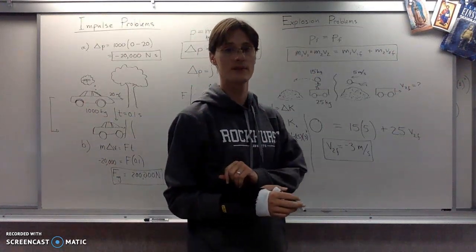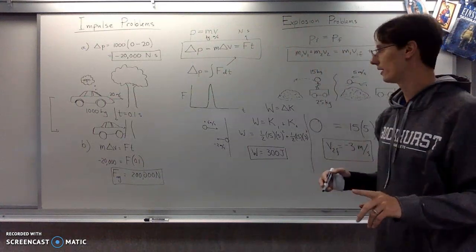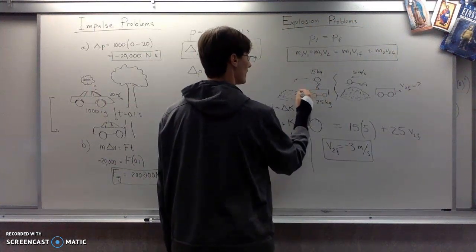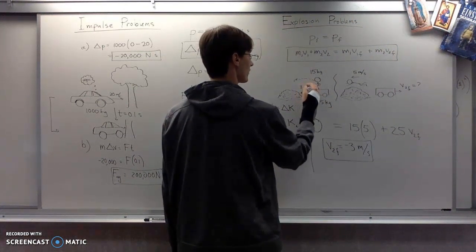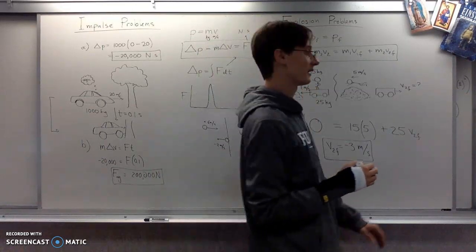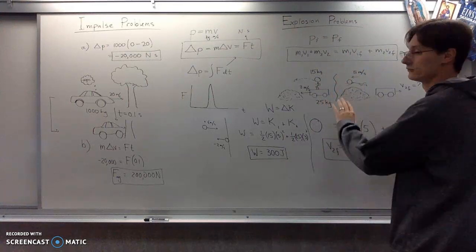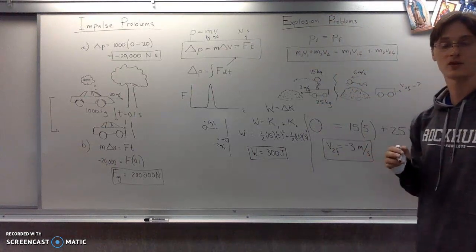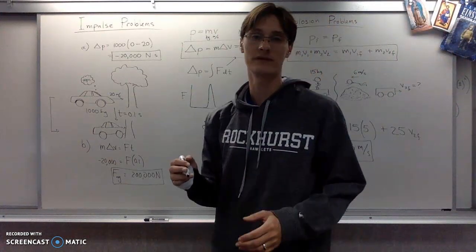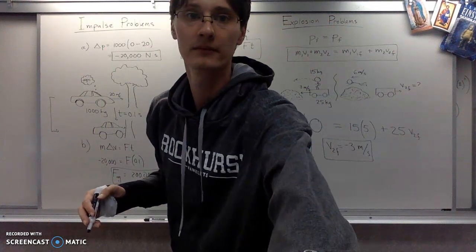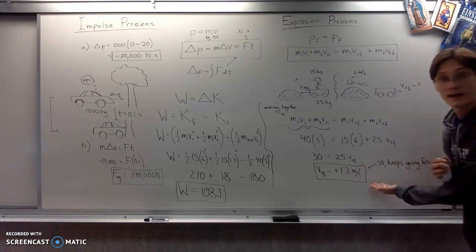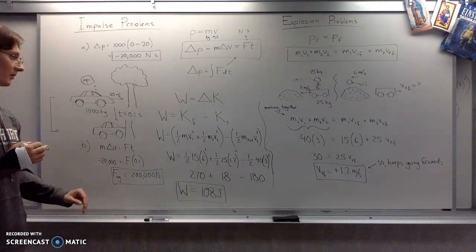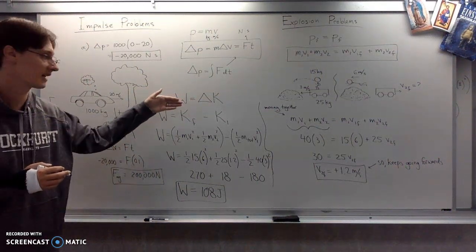All right, now we're going to run this problem again a little bit differently. So the idea for this part is going to be, what if the wagon was already moving forwards at 3 meters per second? And let's say Timmy jumps off and manages to bump it up to 6 meters per second. All right, I want you to recalculate everything and then resume the video and see if you get the same answers I do. Okay, and there it is. The wagon actually does not change directions, is the meaning of that part. And the more complicated bit, the work is the change in the energy. That's final minus